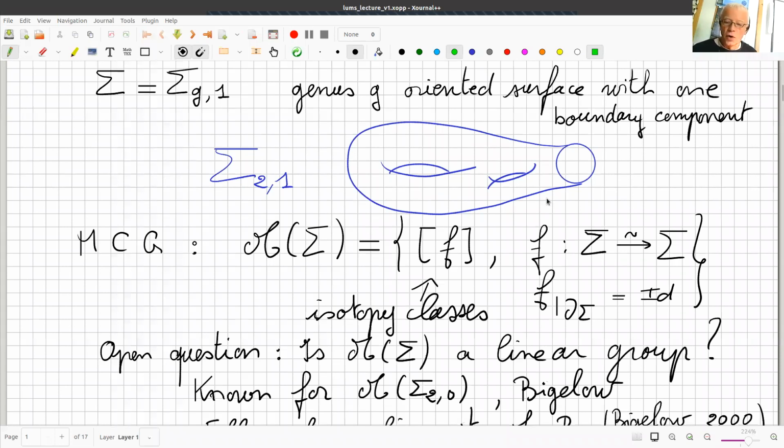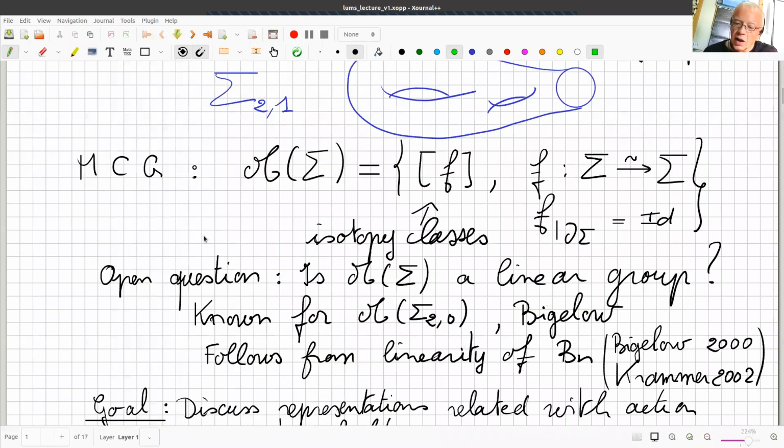And just as a starting motivation, maybe I raise this strong open question: is this mapping class group a linear group? The question means, is there an injective homomorphism from the mapping class group to a finite dimensional linear group,